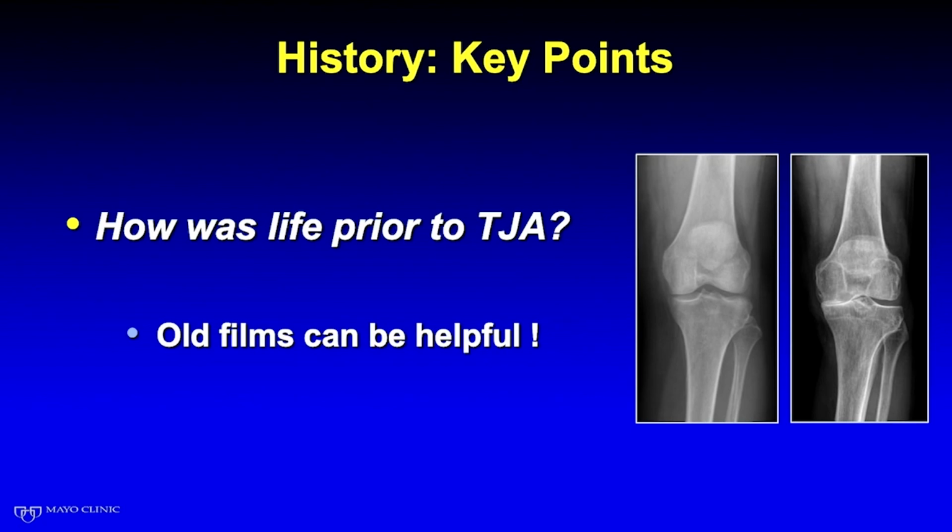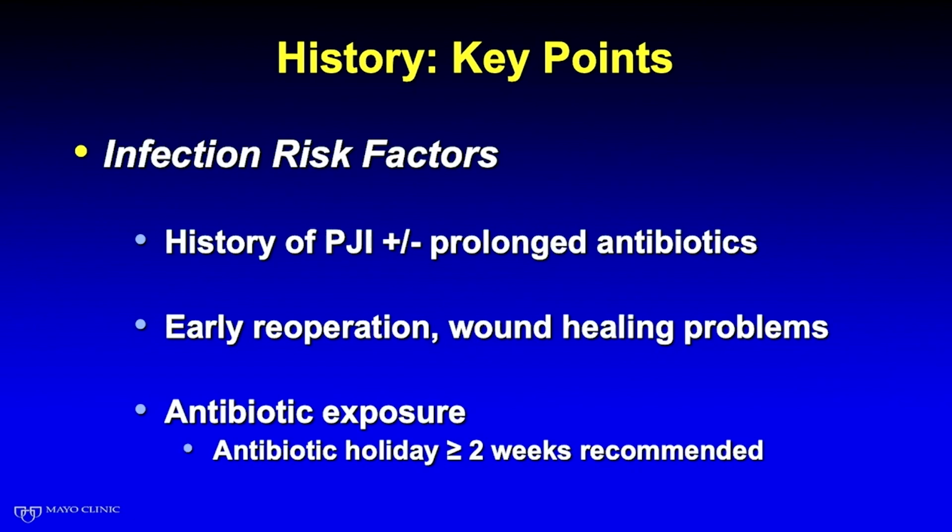As you can imagine, a patient that had bone-on-bone arthritis that now has a painful knee replacement might be different than the patient that has a total knee they don't like and pretty normal pre-op x-rays. Really keying in on those infection risk factors is going to figure out how hard you're going to look for infection in that patient. So have they been diagnosed in the past with infection, a prolonged history of treatment with antibiotics, especially those patients that had early reoperation or wound healing problems, and figuring out if they're coming into clinic still taking their doxycycline, because if they are, then your evaluation for infection just